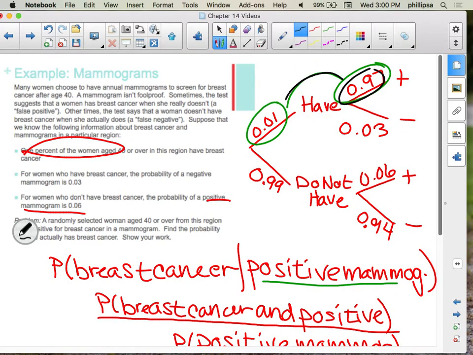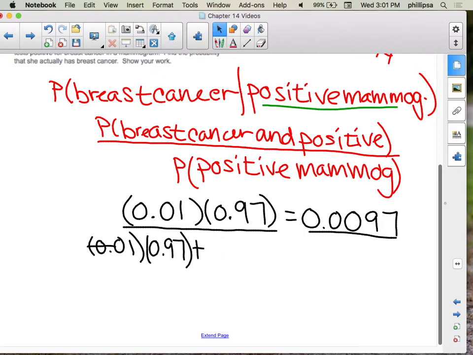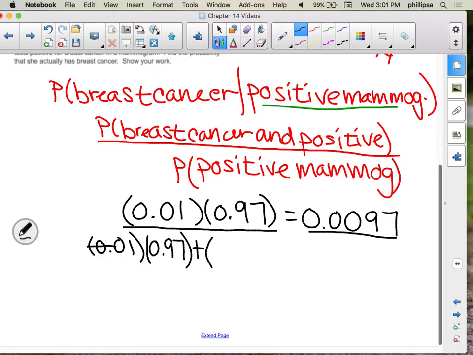So the one that we just did, and then positive when they don't. So I got 0.01 they have, and it was positive, plus the probability that they don't have, which was 0.99, times the probability that it was positive, which was 0.06, okay, which is going to give me